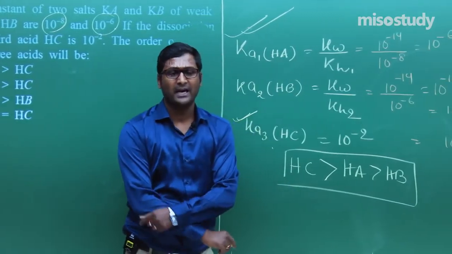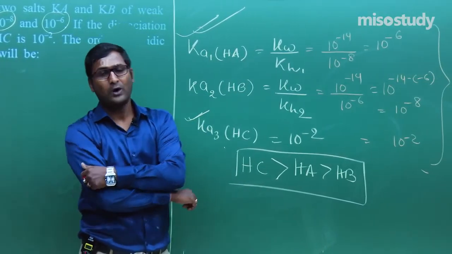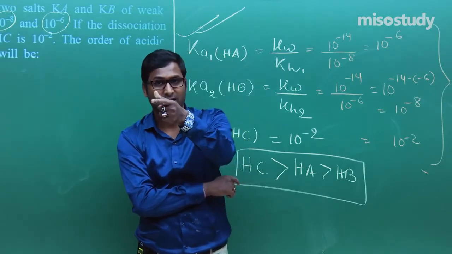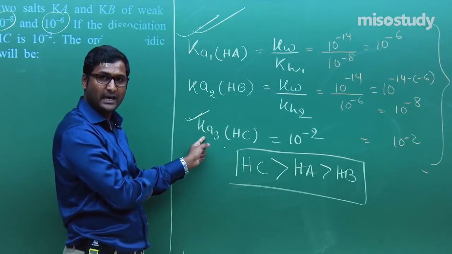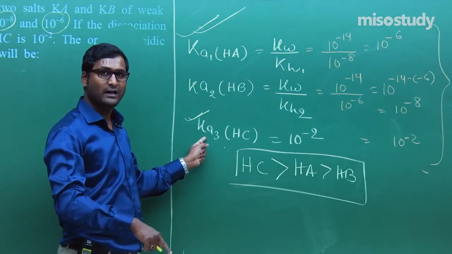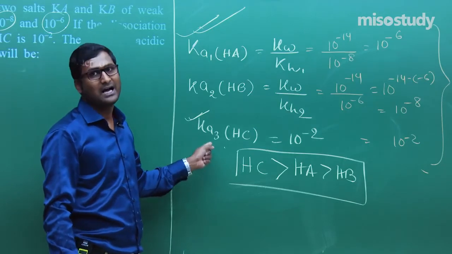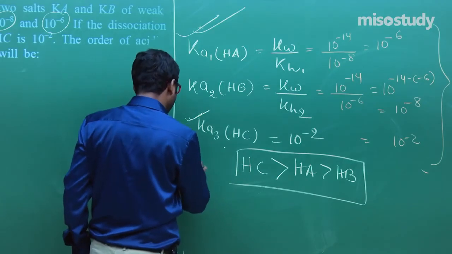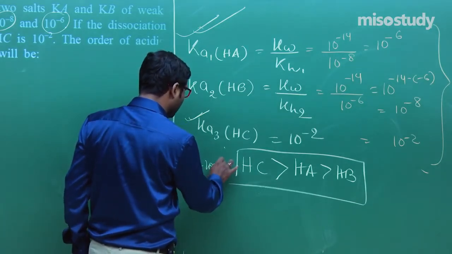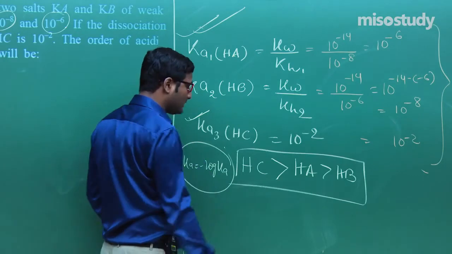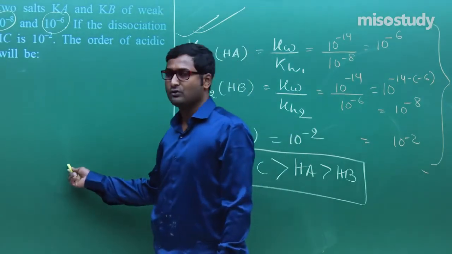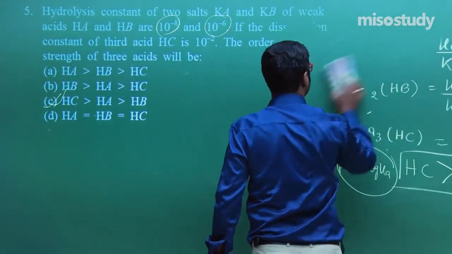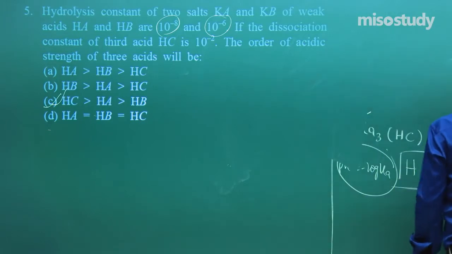Higher the value of K, higher is the acidic strength. Lower the value of pKa, higher the acidic strength. Just a different concept. Higher the value of K, higher is the acidic strength. Lower the value of pKa, that is higher the acidic strength. Clear to you? Because we all know pKa is equal to minus log Ka. Do you remember this? Note down, this is one of the best questions here. Clear? I am going to rub this part and we'll discuss the next one. Wait for a moment.